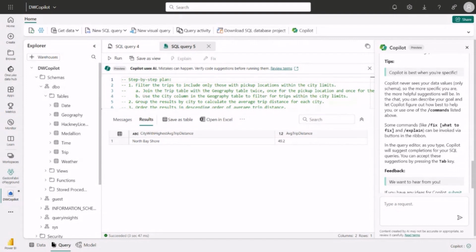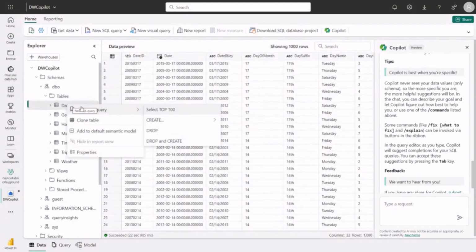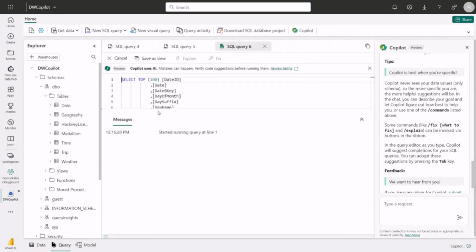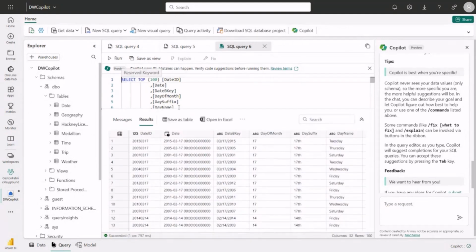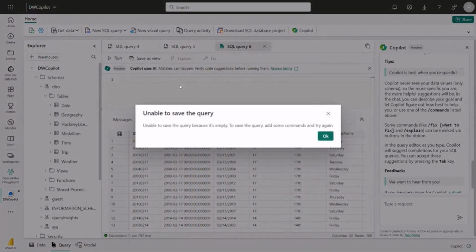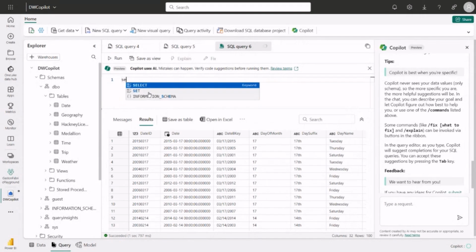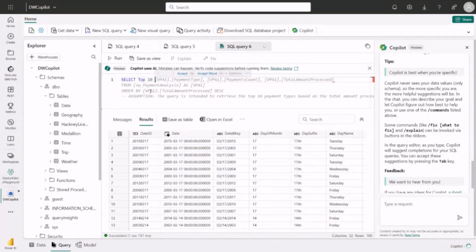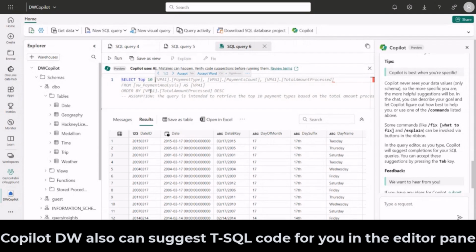You can also start typing right away in your SQL. So I can go here and say, hey, I want to run just a new query. In my case, I can just select the top 100. But let's say that I want to start from scratch, and I can say, hey, I want to select top 10. And then from here, you can see that there's a whole suggestion coming